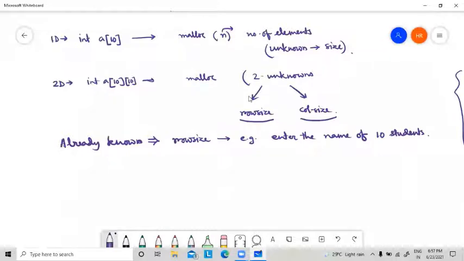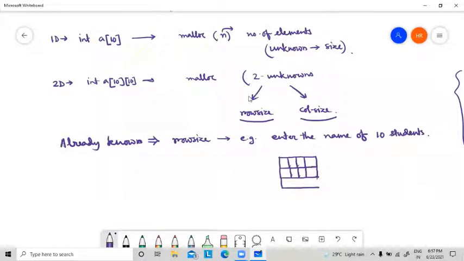So how will I store the name of 10 students? One student name itself is a 1D array. So I need to store 10 different student names, so I have to declare a 2D array. Am I clear?